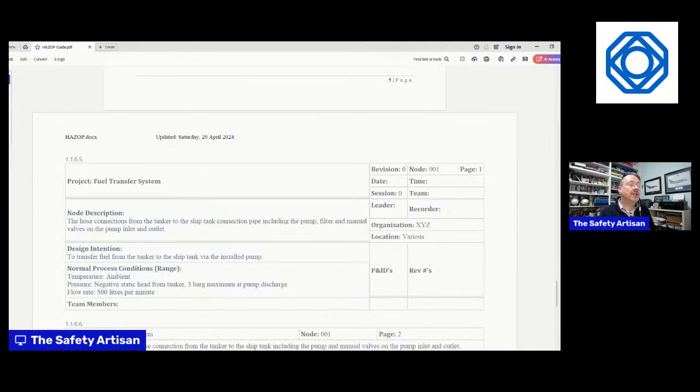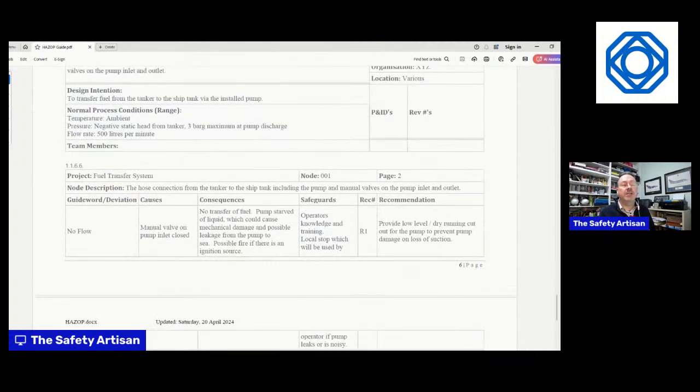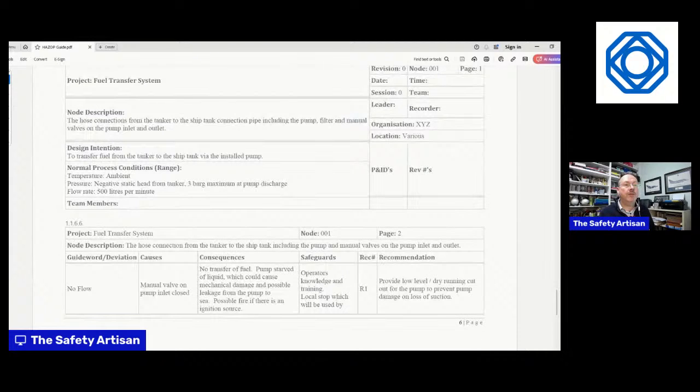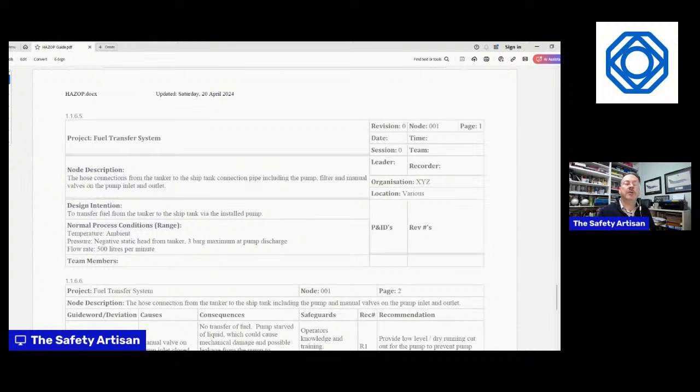This is a great audit trail, because not only could you say, well, I've done the analysis, but you can demonstrate, if you've recorded the team members who were present and their different specialities, that the right people were involved and they were competent to do so. So that's very important. So I'm going to go back to the